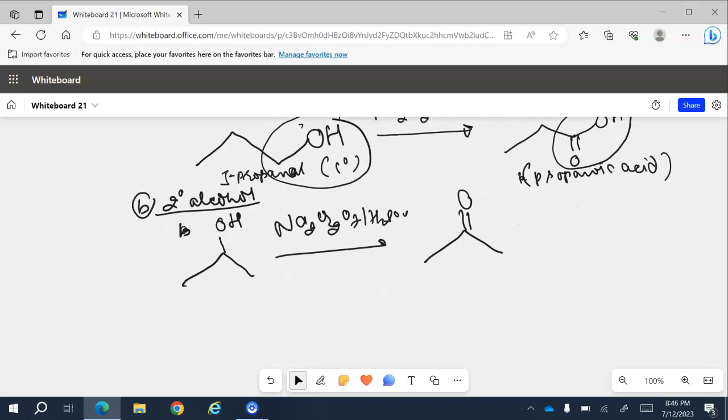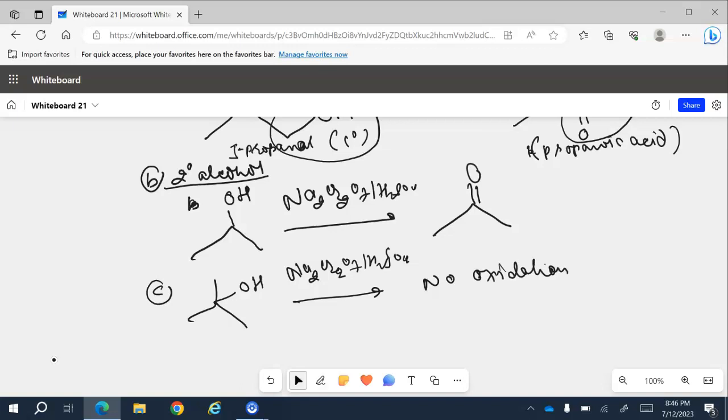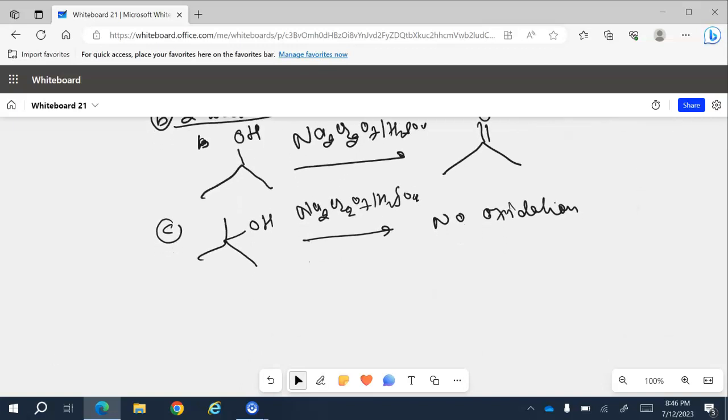whereas if you have the tertiary alcohol, that will not be oxidized. As we said earlier, if you have this kind of tertiary alcohol, you use sodium dichromate and sulfuric acid, you can say it will not undergo or no oxidation occurs. So, but if we use the